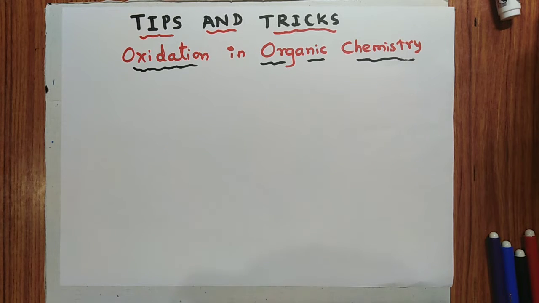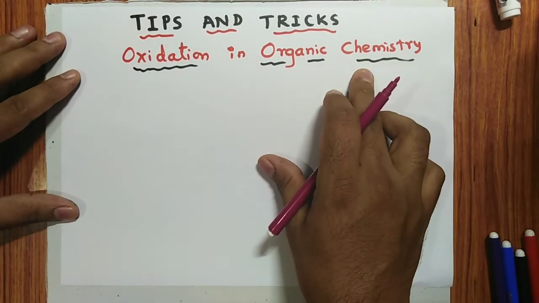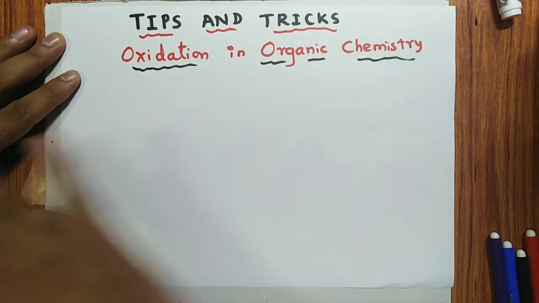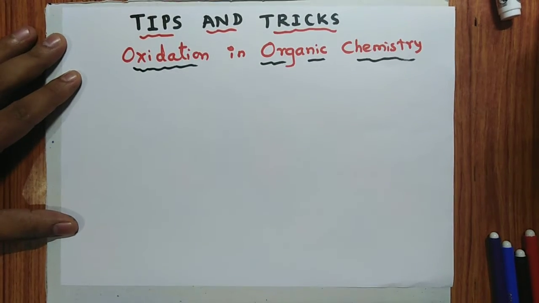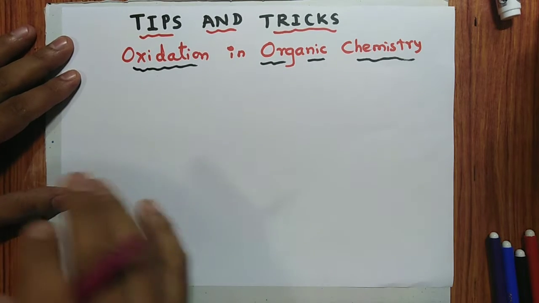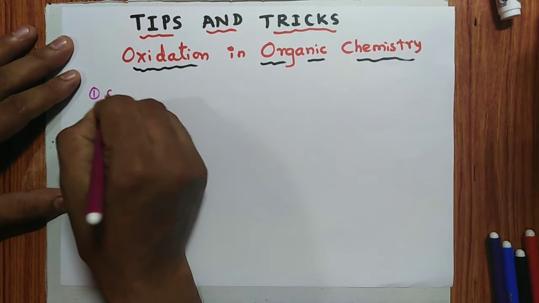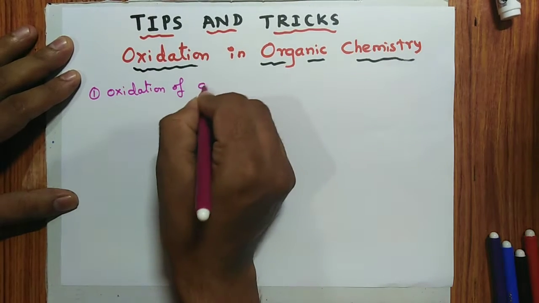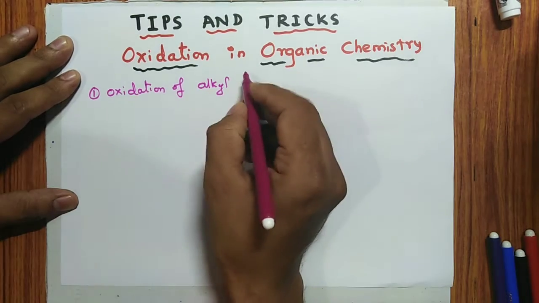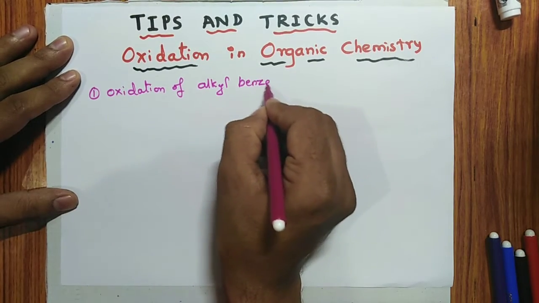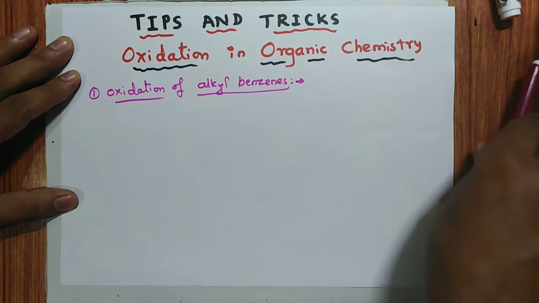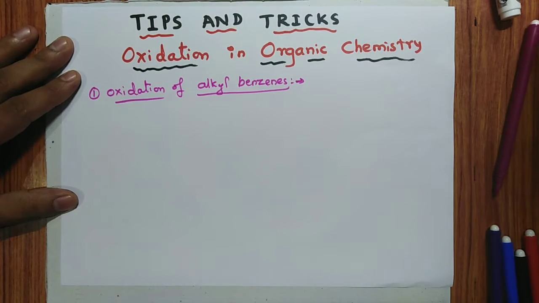Today I am going to discuss oxidation in organic chemistry. In one shot, we will discuss all types of oxidation in organic chemistry. First, we will start with, remember, oxidation of alkyl benzenes. In the preparation of carboxylic acid, you know that we have used the oxidation of